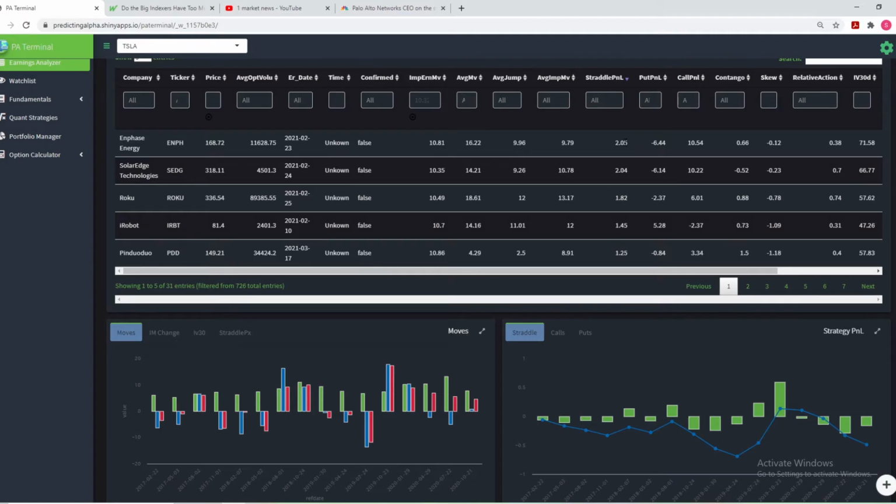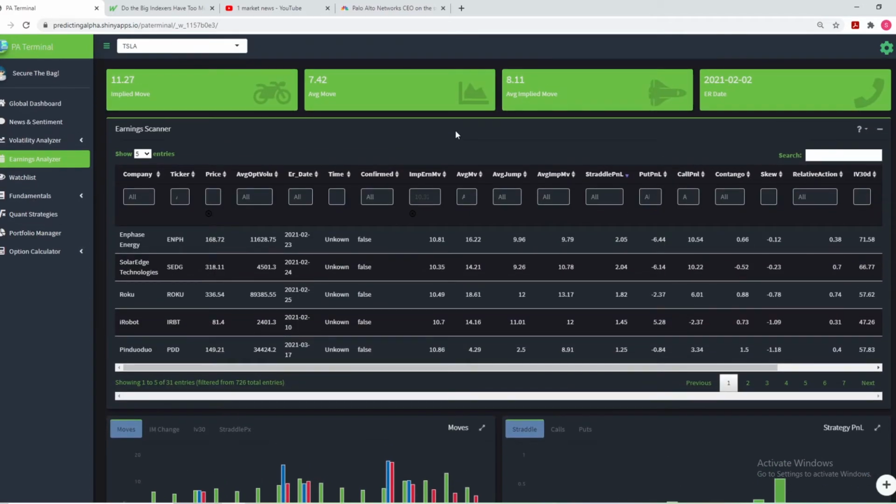And maybe that's something that we're really interested in, and now we can easily take a look at it. So just like on the Vol Insights page, this earnings scanner allows you to quickly find opportunities in the thousands of stocks that are out there. By having access to a scanner like this, it saves us the time of having to go through all the tickers that we're interested in, and it even allows us to find opportunities that the average trader simply is going